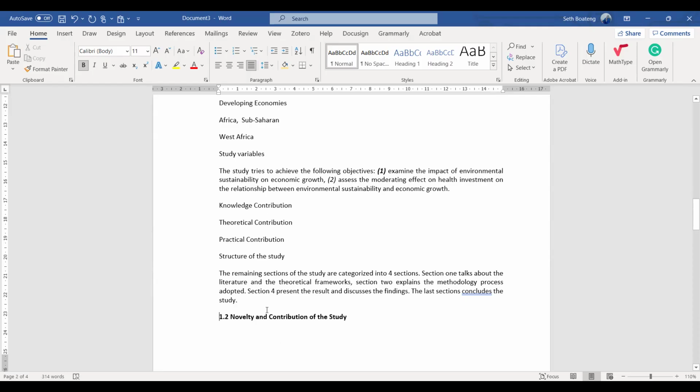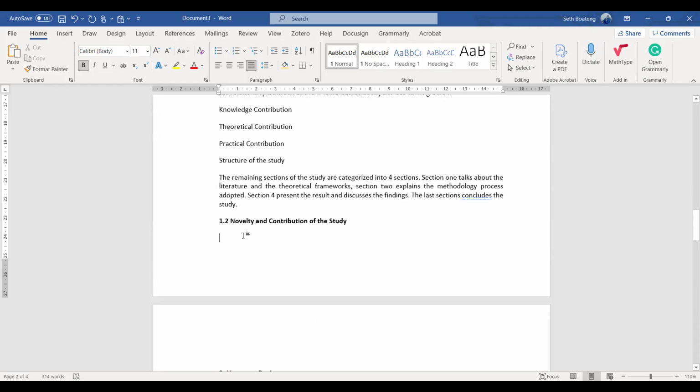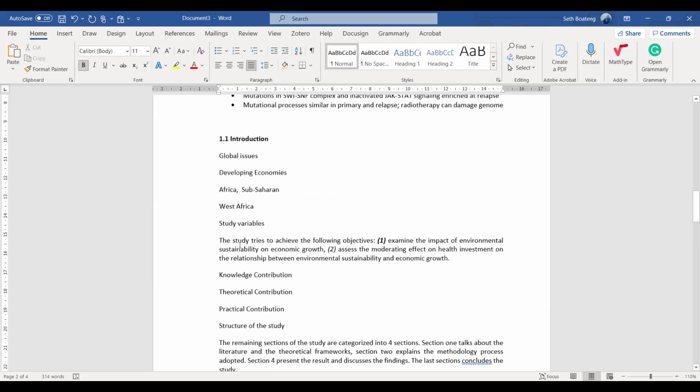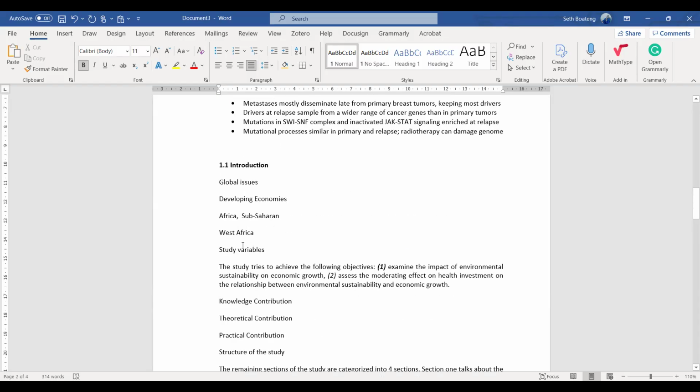Then the novelty and the contribution, they will write it under this one so that it will be more explicit, or it will be exposed more, because as I said, that's what will determine whether they should approve your work for review or they should bring it back. So some people don't want to put it inside the introduction so that it will not mess things up. Some people want to bring it out as a standalone so that it will capture more attention. So you can bring that one here and write your novelty and your contribution under it. Or you can just include it under the introduction as 1.0 or 1.1.